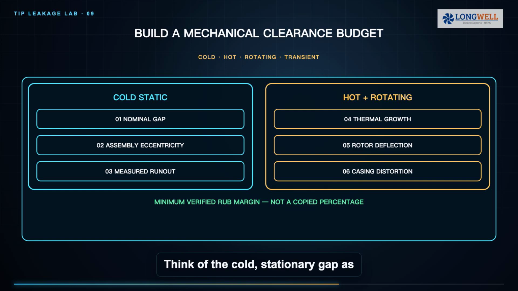Think of the cold, stationary gap as only one line in a clearance budget. Stack the worst credible geometry and motion contributors, then check hot and rotating conditions, expected wear, mounting deformation, and measurement uncertainty. The governing minimum should be based on validated tolerances and operating states, not a photograph or a copied percentage